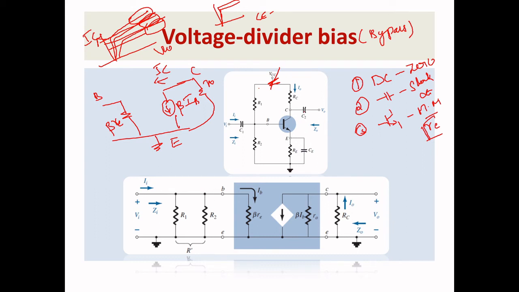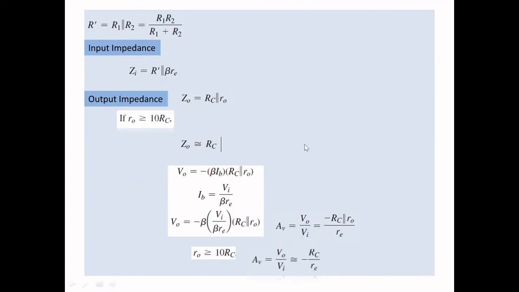Then in step 1 and 2, what you have to do is remove this capacitor, that RC will be connected to the ground, and the capacitor will be short circuited. So that's it. Now I have given all the values: VI, II, ZI, that is input voltage, input current, input impedance, output current, output voltage, designated for our understanding. Right. Now we'll go for calculating input impedance, output impedance, and voltage gain.